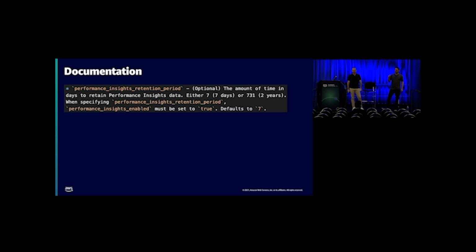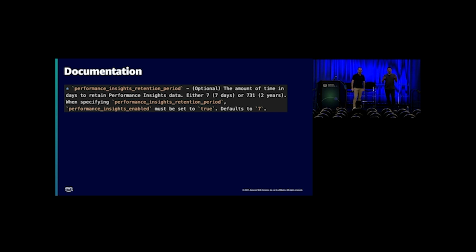And then we have a couple of lines that are essentially what comes back from the docs. That's the first two sentences, what comes from the API documentation. And then the last two sentences are explanations of dependencies between other resources, or between other attributes. So in this specific example, our retention insight period attribute relies on the performance insight enable parameter. So that has to be true. And then we also note whether there's a default.